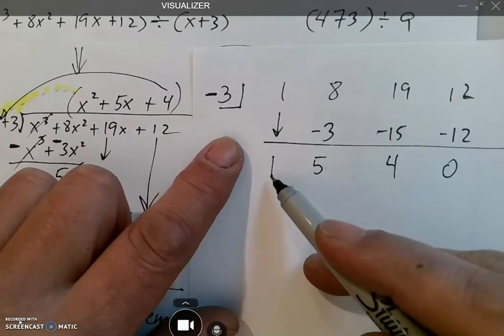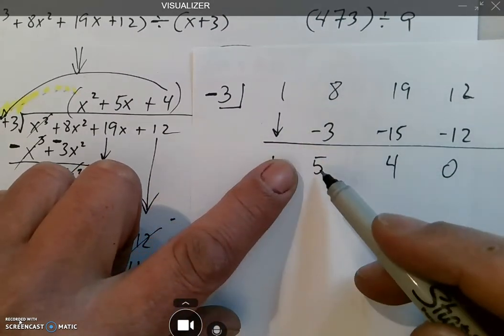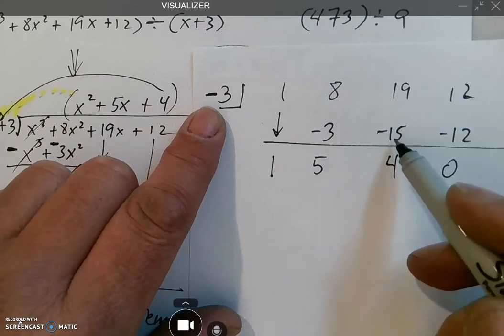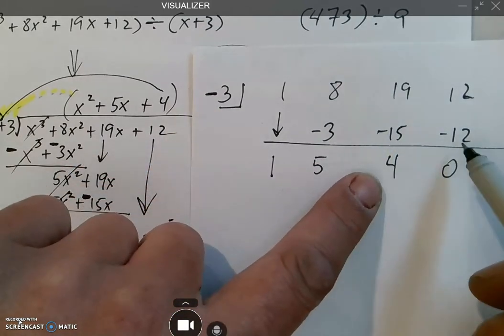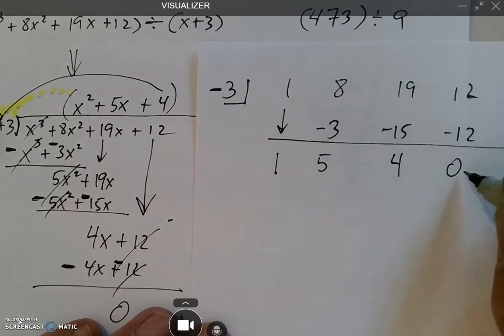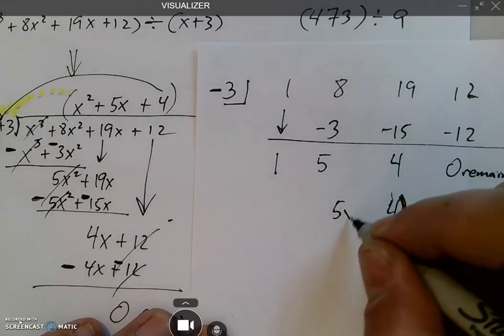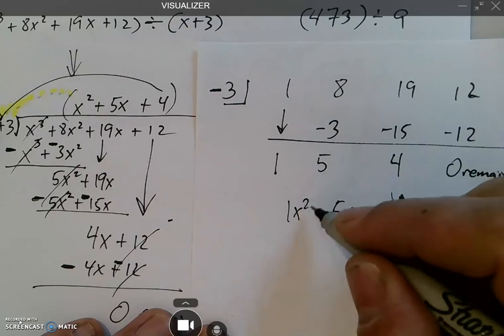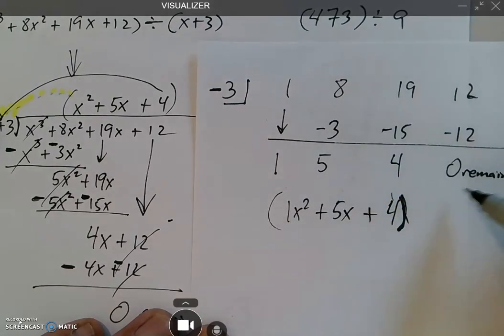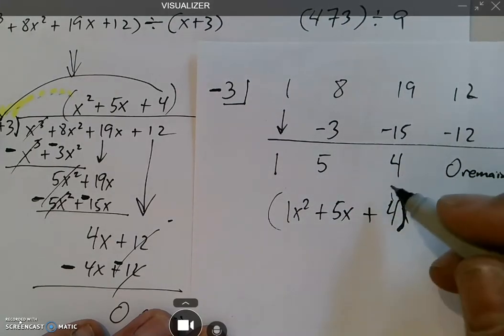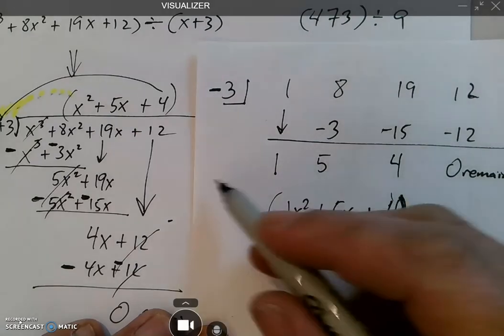So multiplied, got that, combine them. Multiplied 3 times 5, got 15, combine them. 3 times 4 gives 12, combine them. This is our remainder, and this is really the 4, sorry, that's really the 4, that's really the 5x, and that's really the 1x squared. Okay, so working backwards from the remainder, the whole number, the x squared,